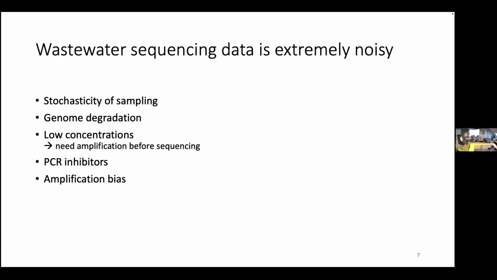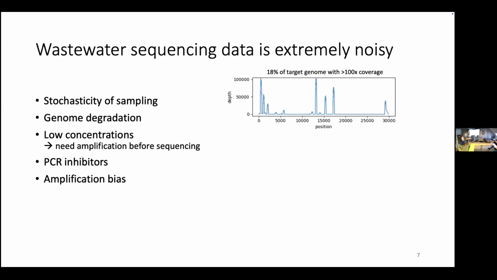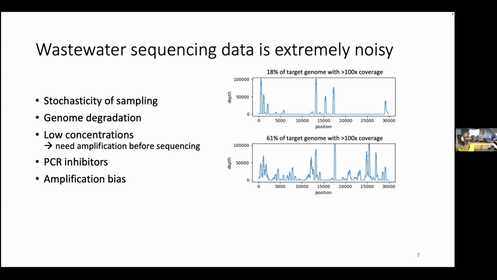So in general, the data is tricky to work with, and to give you an idea of what it looks like, I have some plots here that show you for each position in the genome. On the x-axis, we have the position in the genome, and on the y-axis, how many fragments we see for this position. So this is a very low quality sample where in most positions, we don't get any fragments. We only get it for a few, you see a few peaks where we do get measurements. Then this is a slightly better sample, where for 61% of the genome, we get coverage, meaning we see at least 100 reads from this position.